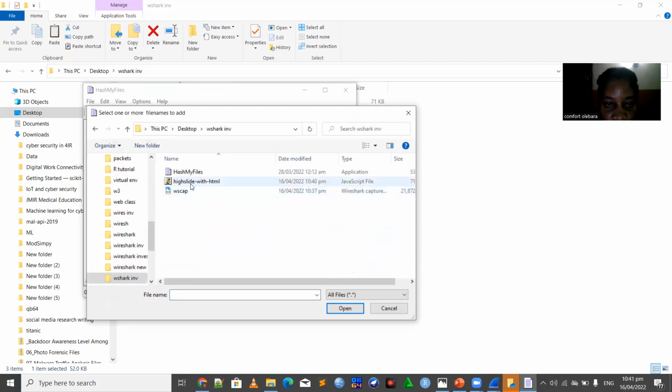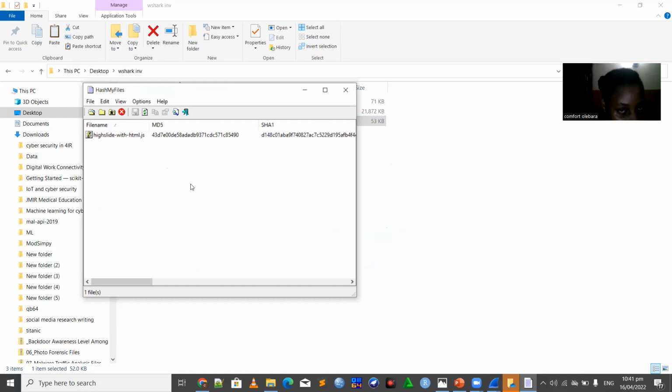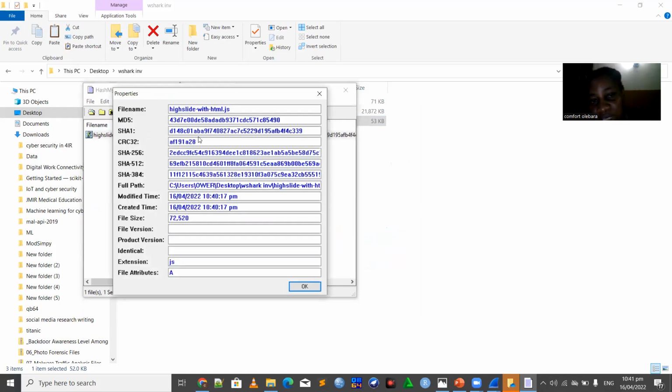And then load up the file that I saved with it. So now the hash key has been generated. Just by loading it up to hash my file, it will generate the MD5, message digest 5 algorithm. And then with that, we can verify if this has malware. So double clicking the MD5